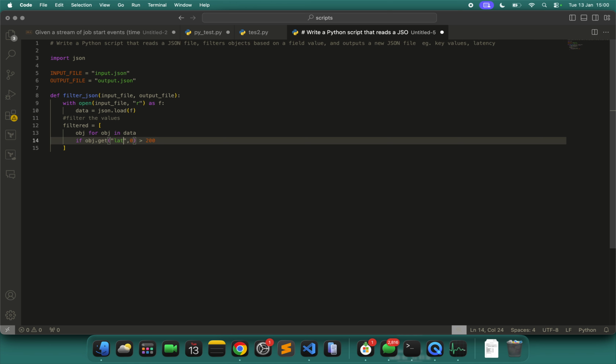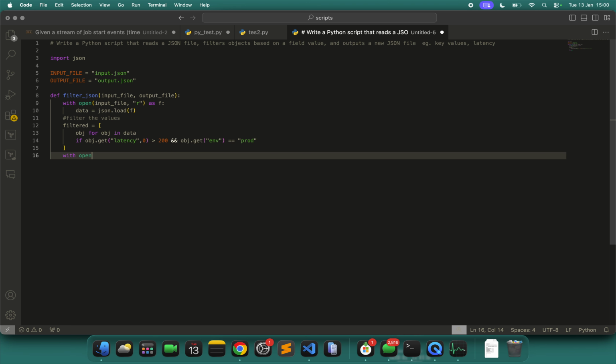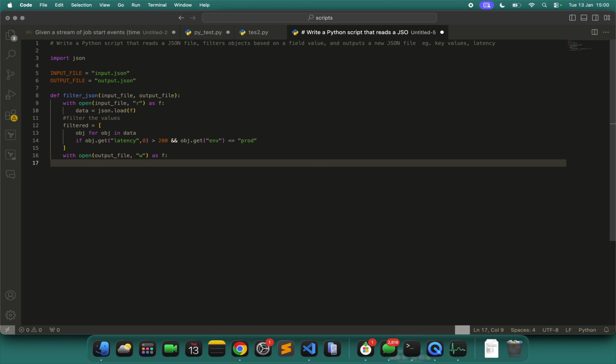When I use latency here, if it is 200 and obj.get environment is equal to prod or, not required.